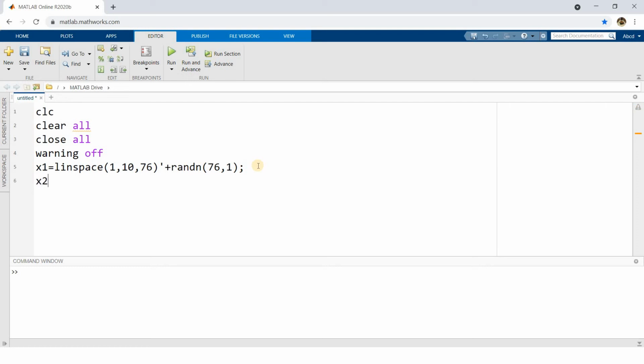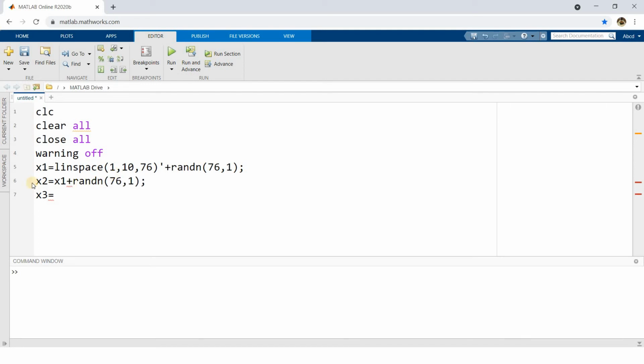Now x2, this is the external factor which is influencing, and now I need to generate B and C, between which we need to compute the partial correlation. So x1 plus rand of 76 comma 1.